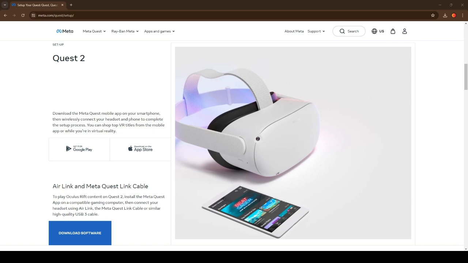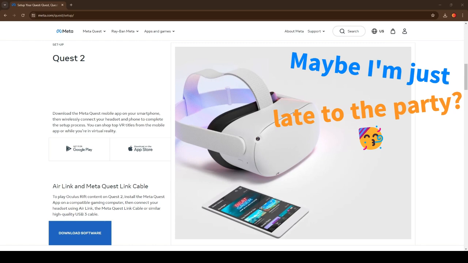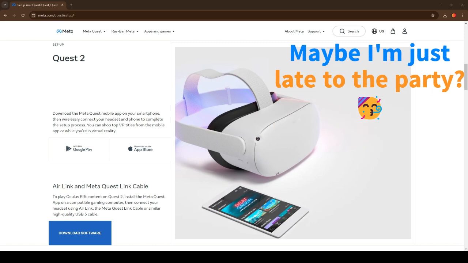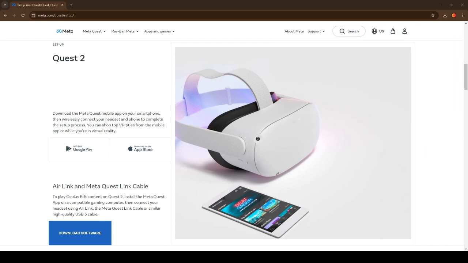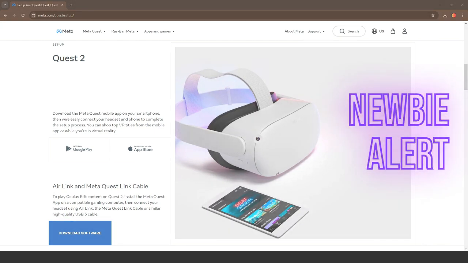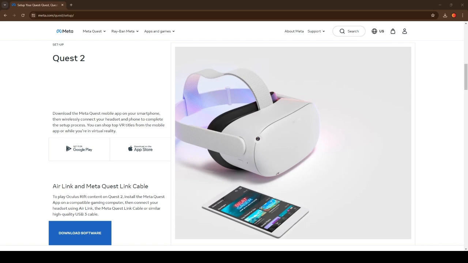Everything that I seem to find on that says that this stuff was available 2 years ago. I'm even finding setup videos from 2 years ago, but I figured for anyone who might want to know from scratch how to get into this, I'm doing this for the first time today as well. So I figured I would just show you the process of what I've learned today. So first thing you want to do is you want to go to